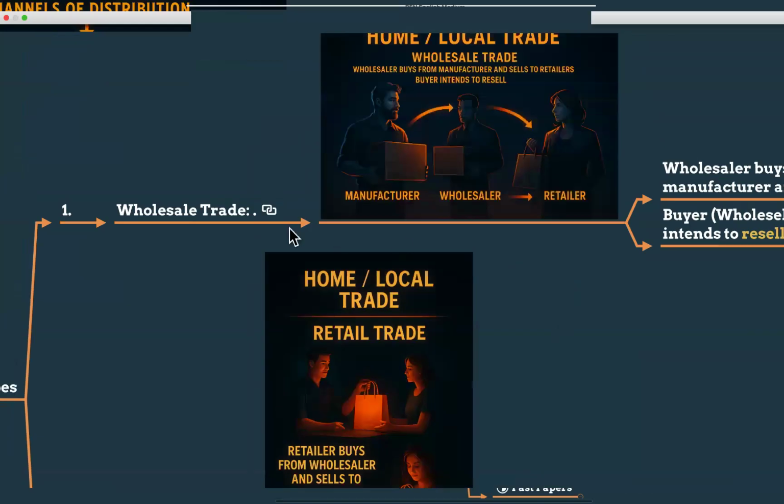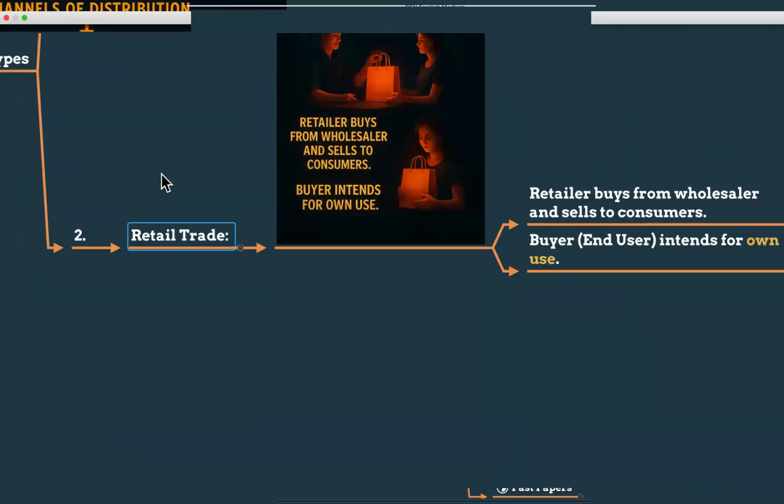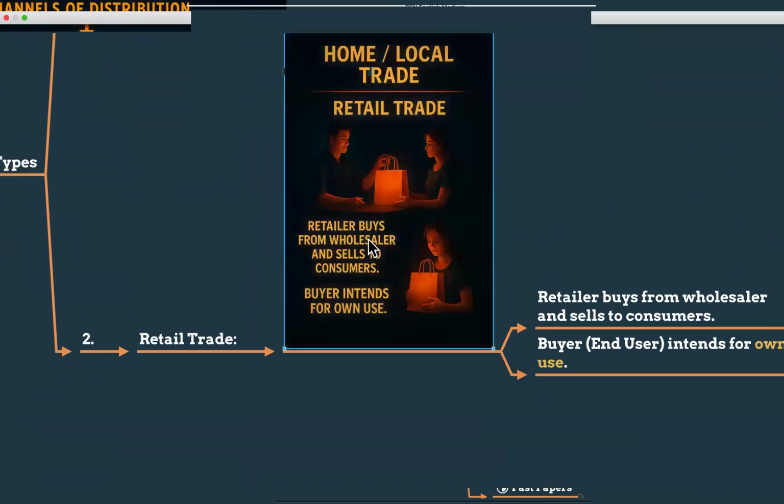So the characteristics of wholesale are B2B business and bulk quantities. The unit prices are going to be lower because they are getting the goods from the manufacturers. Sometimes the manufacturer will give credit facilities also, and they will have storage facilities. But retailers sell to the final consumers. Retailers buy from the wholesalers and sell to the consumers, the end users. Normally, the buyer uses the product personally and in very small quantities.